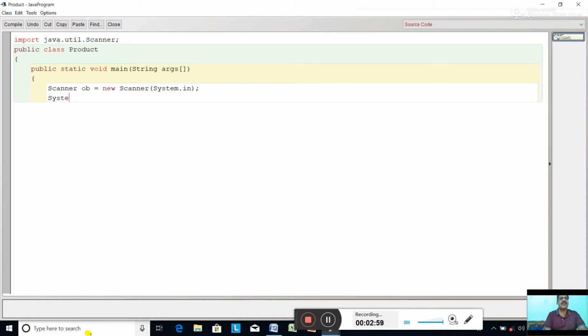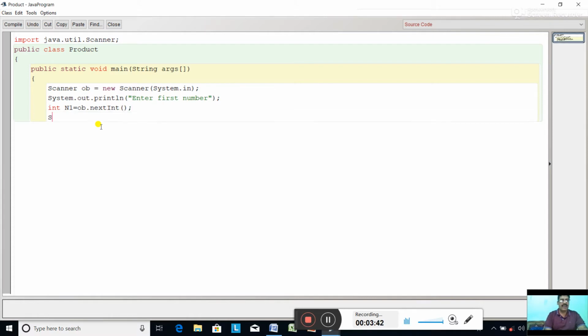First input the first number: System.out.println, give a message, Enter first number. After this write int n1, the variable name n1 for number 1, equal to ob.nextInt(), with the method brackets.